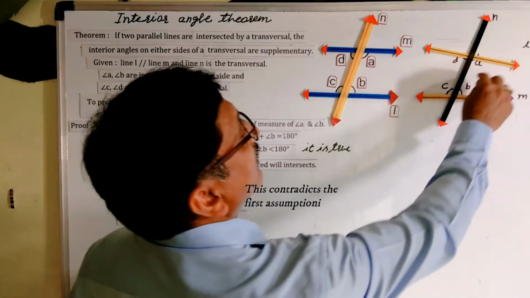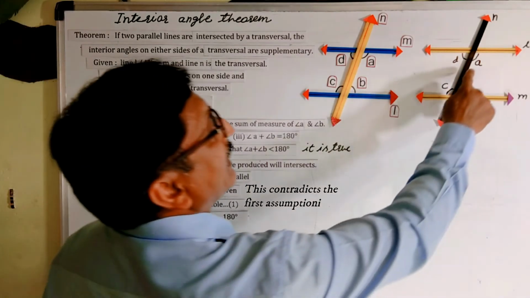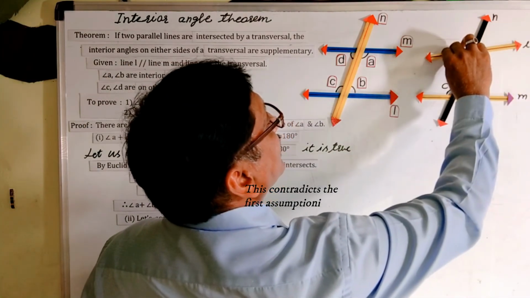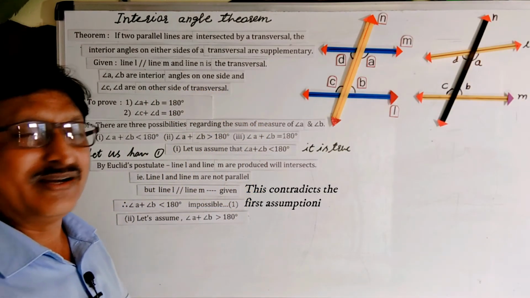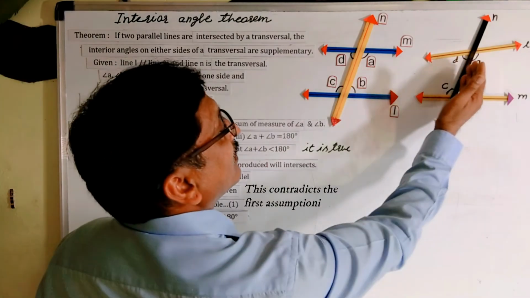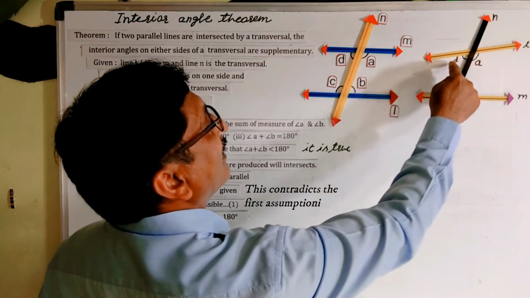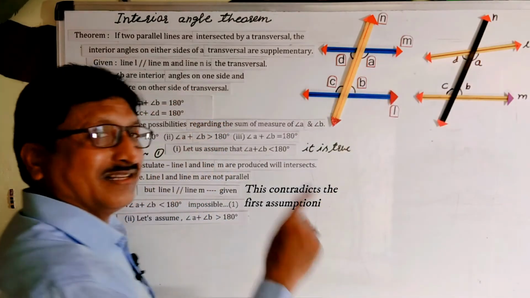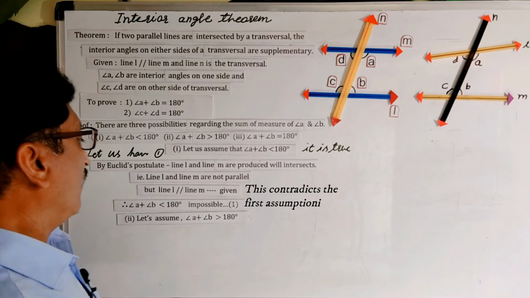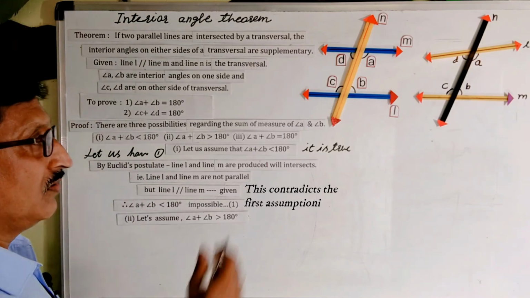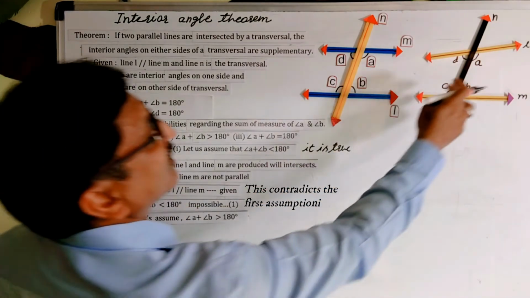See now in this figure, whenever the lines are parallel, the sum is 180 degrees. Now if angle A is greater, that means the sum of angle A and B is greater than 180 degrees. That means toward the left hand side of this transversal, angle D is reduced, and therefore the sum of angle C plus D is less than 180 degrees. To prove that angle C plus D is less than 180 degrees, you have the relation of angle A and D.